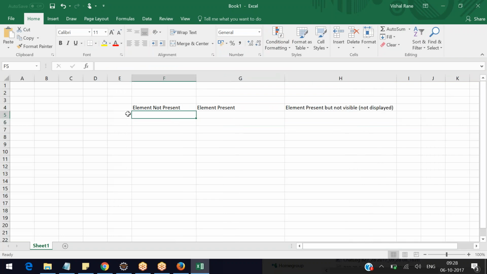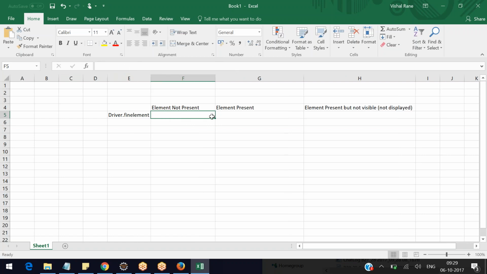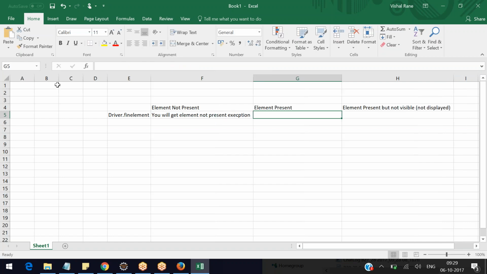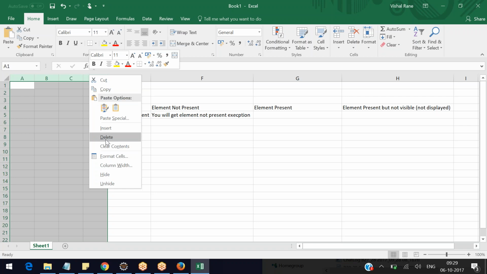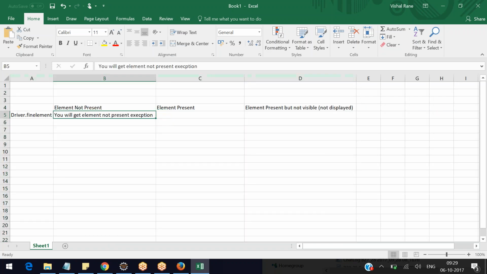So if you do driver dot find element, and that element is not present, you will get an element not present exception. Basically you will get an exception. No such element found exception, or element not present exception, some exception you will get. This is the first thing. If you do driver dot find element on something which is not present,